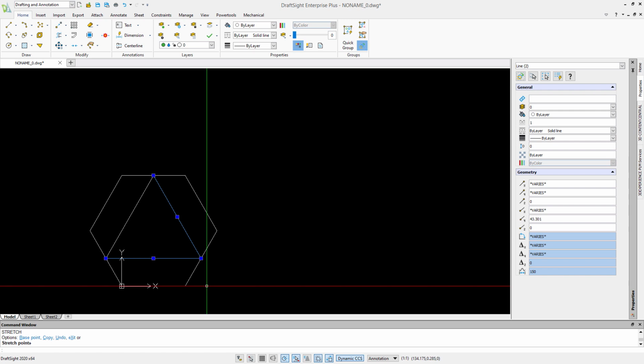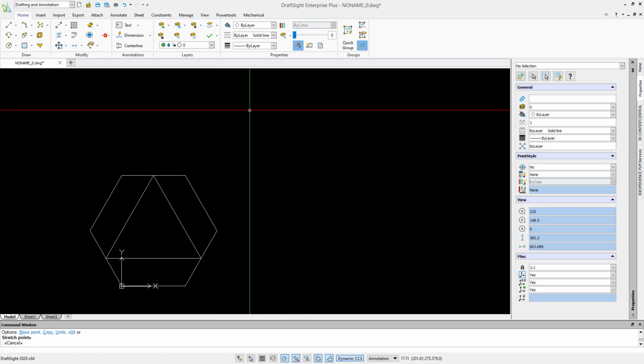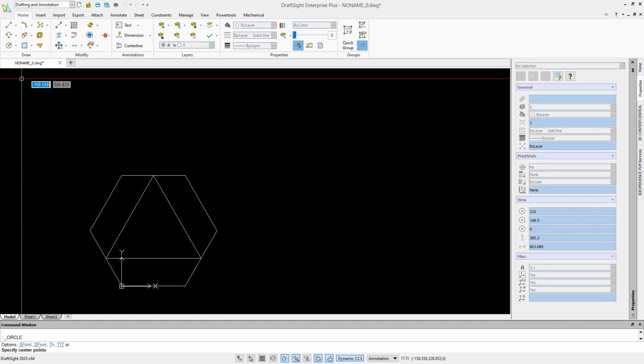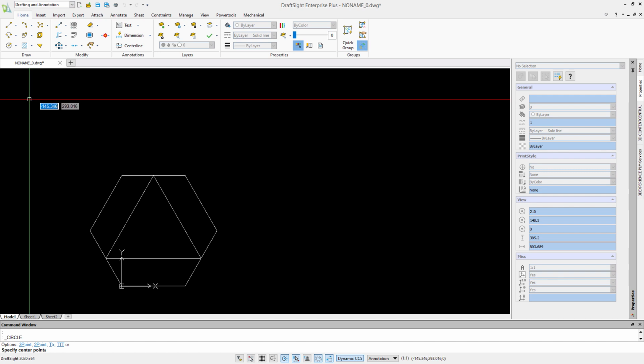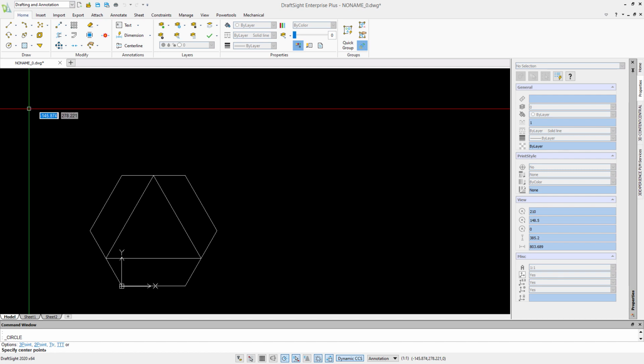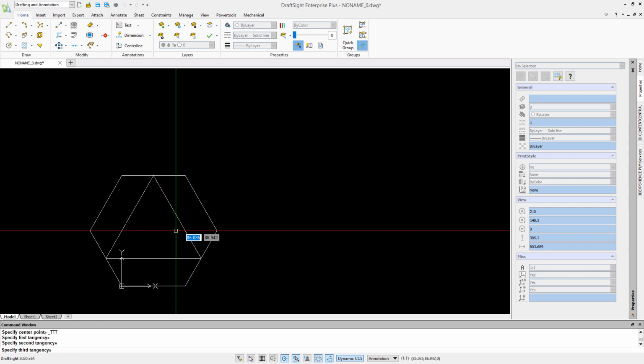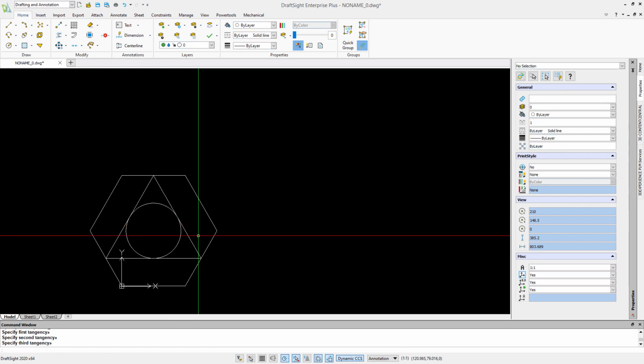I'm not going to demonstrate all of the drafting tools here, all of the drawing tools, but I'll show one of the options for one of the other commands, the circle. So we click on the circle, and you can see the options there in blue down at the bottom, and I can see that there is an option for TTT. Okay, so I'm going to select that, and this asks me to pick 3 objects. So I'll just select the 3 lines here, and what it will do is create a circle that is perfectly tangent with all 3 of those particular entities.